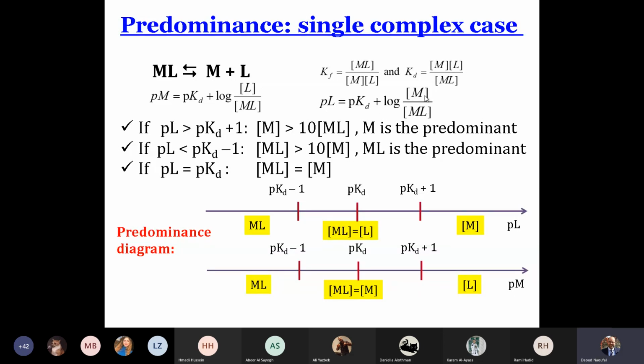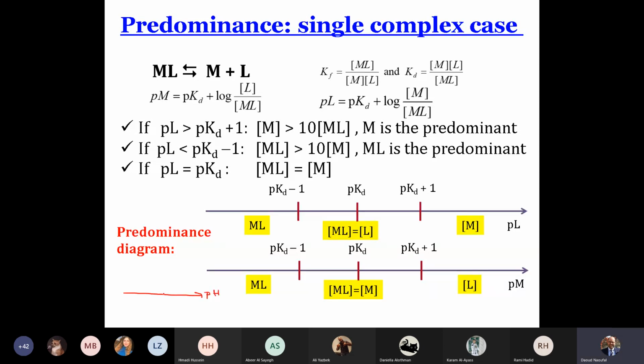If ML is greater than 10 times M, ML predominates, and in this case, the pL should be less than pKd minus 1. In the acid-base, when the pH is less than pKa minus 1, the acid predominates. In the complex, when pL is less than pKd minus 1, the complex predominates. The complex is donor. The acid is donor. So, if a student forgets the domain of predominance of the complex, what to do? Is to write the domain of predominance of